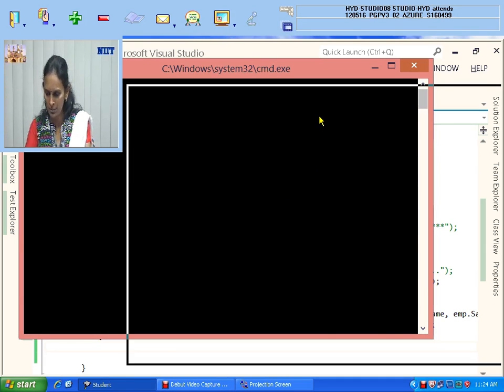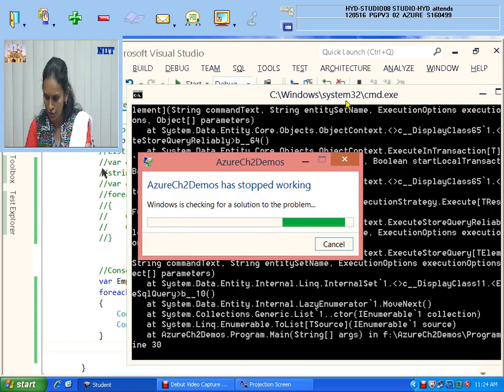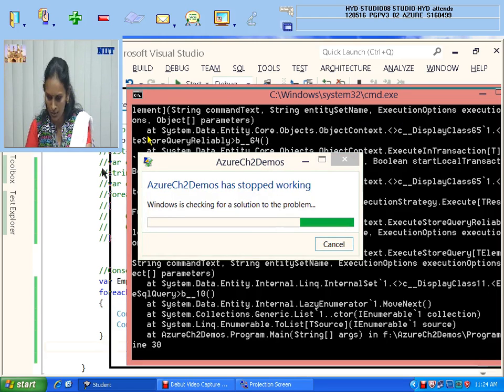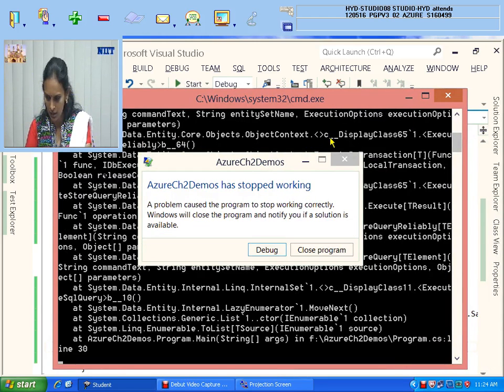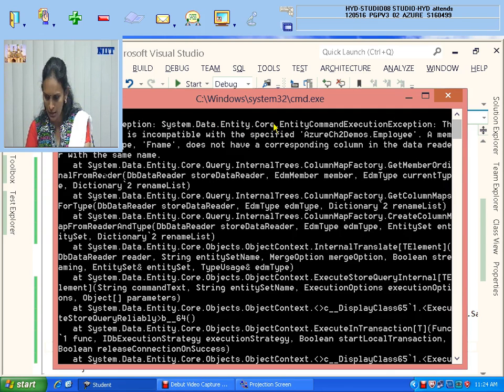There is some mistake. Execution exception: string command type, string entity name, and the entity command execution exception.